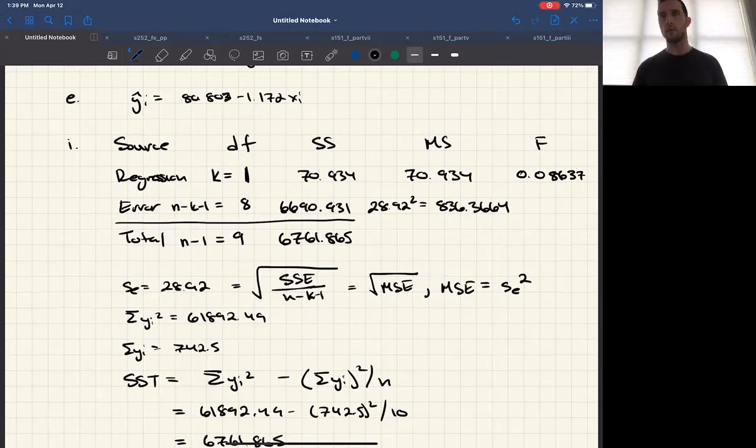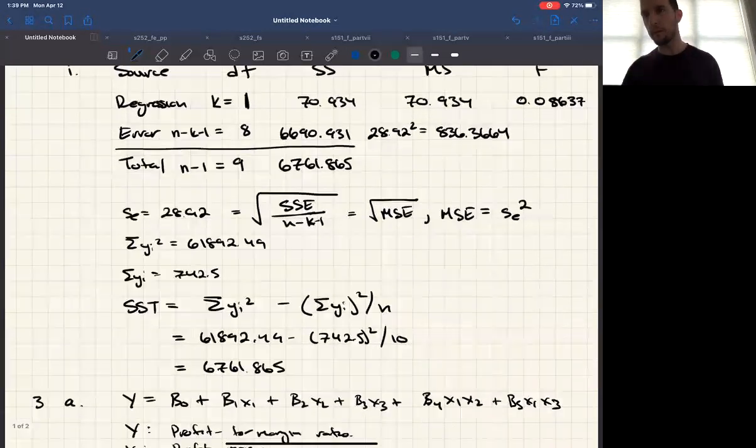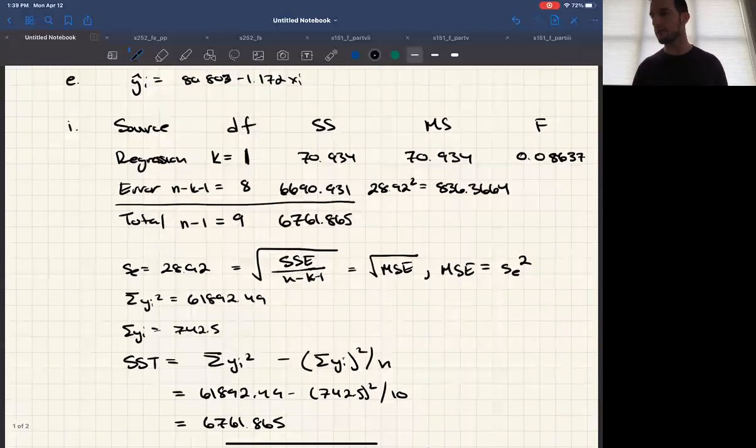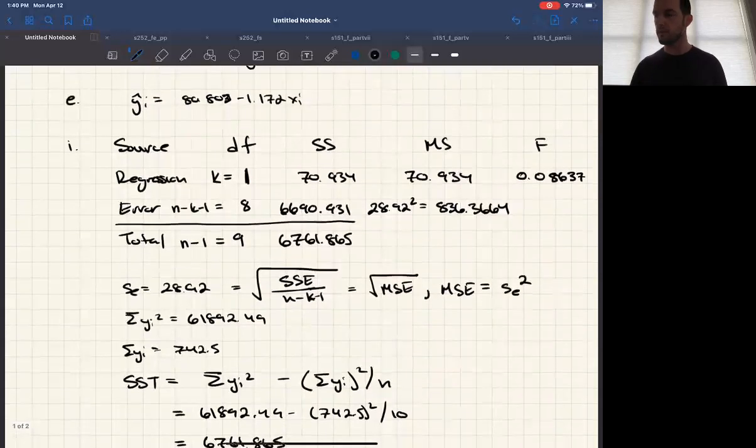Do you guys want to go over anything else from the practice problems? As I said, those were the main things I actually wanted to cover: the categorical variable, the interaction between them, and then the extra sum of squares test. So those are the extra things that I wanted to get done anyways, which is great. We still have 10 minutes, so